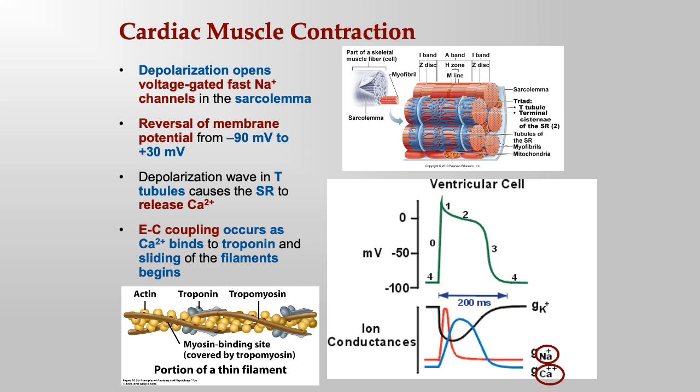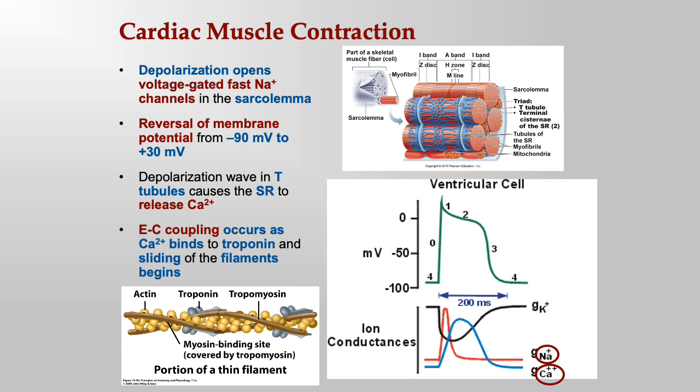You should go back and review your skeletal muscle slides because it's all basically the same thing. Remember, the troponin-tropomyosin complex blocked the myosin binding sites on the actin filaments. Remember that the myosin head had to grab a hold so that you can row the filaments, do the sliding filament mechanism. So what's happening now is that just like in skeletal muscle, once the heart's pacemaker fires, that causes,